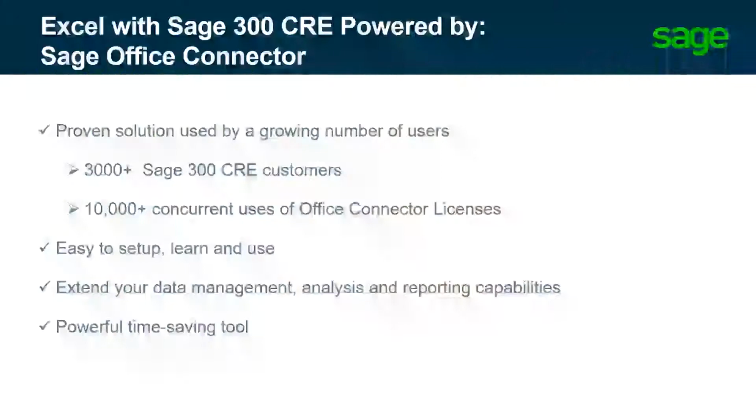There are not a lot of ERP systems out there that are going to allow you to do what Sage Office Connector does. Other ERP systems will lock down their systems because they want you to use their data entry screens. However, with Sage 300 Construction and Real Estate in tandem with Sage Office Connector, we are going to free that to allow you to manage your data in many different ways, specifically from Excel, as we'll show in here